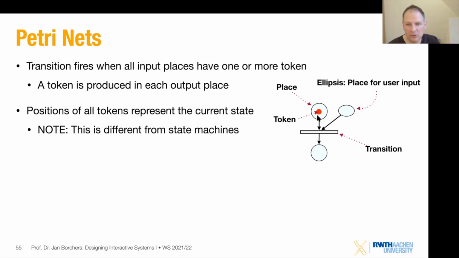This is the logic of how Petri nets work, right? So kind of like a production rule that can fire as soon as all its incoming tokens are available. A Petri net transition can fire as soon as all its incoming places have a token inside them. Two things to remember here. First of all,